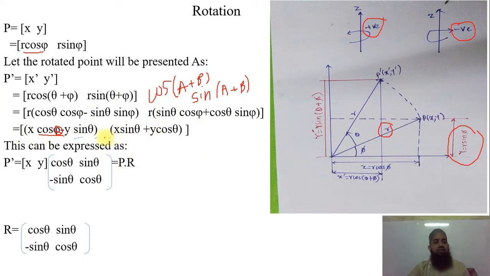And after that we have to express it in matrix form. So I will write p dash equal to x and y, multiplied by cos theta, sin theta in the first row, where this is the x coordinate, and then for the y coordinate, minus sin theta and cos theta. So this is in matrix form. This is very important, you have to remember this matrix form, because we will use it in the numerical. A little correction: it is cos theta, you have to correct it. The small changes are there.